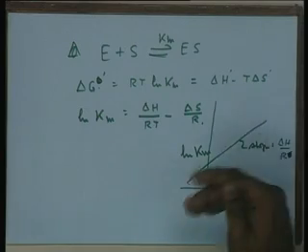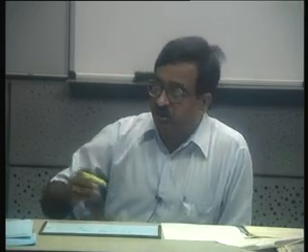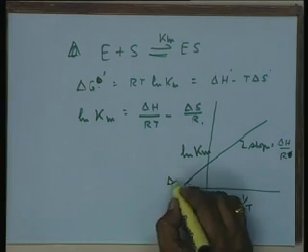Also, the sign of the slope, I have shown only a positive slope, it could end up as a negative slope also. The sign also will indicate whether the enzyme substrate binding is exothermic or endothermic. I mean, you can get a thermodynamic picture of the enzyme substrate binding, and also the intercept on the y axis will give you delta S over R.